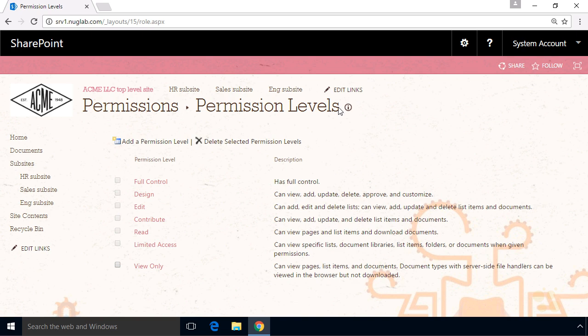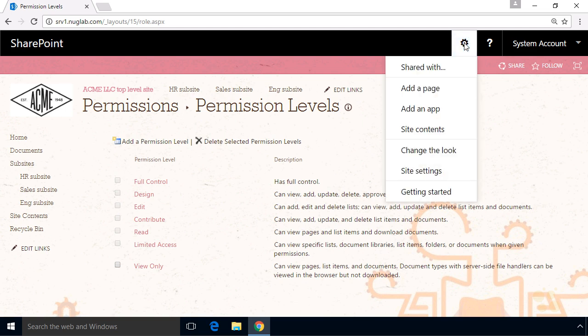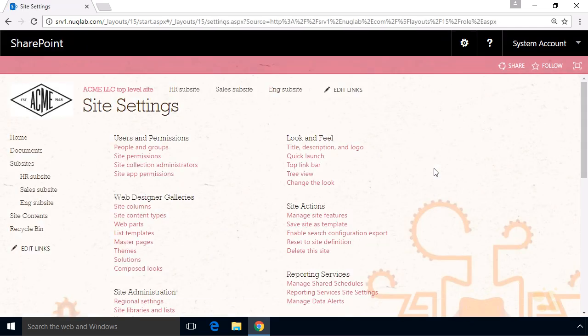So it's great news that all these permission levels are built in for us. It's also great news that they've got several groups in SharePoint already created for us. So if we want, we could use the backspace to get back. Or if we were deep in the weeds and wanted to go back through the gear, we could click on the gear, go to Site Settings again, and then once again go to Site Permissions to take us back to